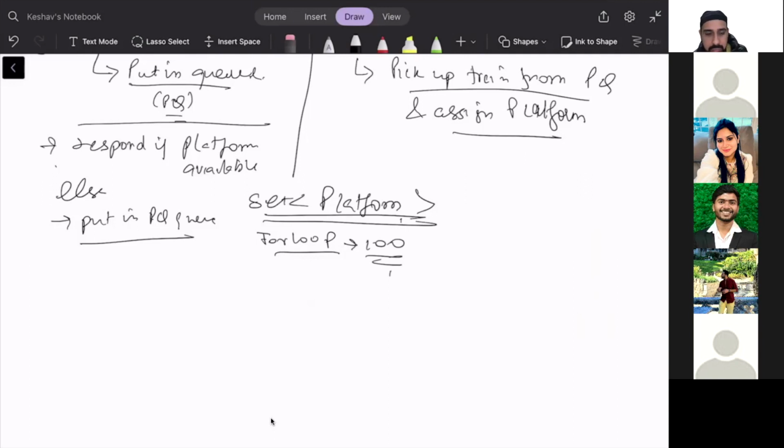If not, the train needs to be held in the wait queue. Whenever depart executes, it first checks whether there is any train in the queue. If there is, it assigns that platform to the train. Otherwise it enters that platform into the set,